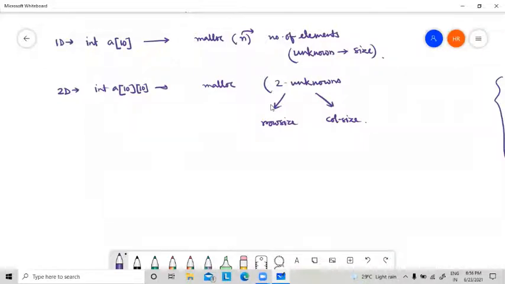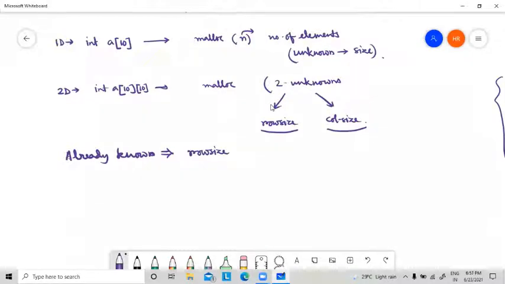Suppose among these 2 unknowns, row size and column size, we already know the row size. What is the meaning of this?